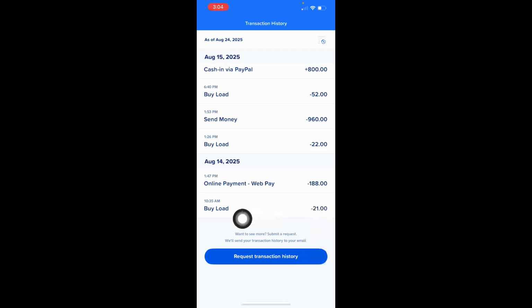So how to download that? You just want to request transaction history and they will send you a history to your email. And you want to keep a personal copy, or hide notifications and receipts from your phone if you just want privacy. If you really need past transactions removed due to errors or disputes, the only way is to contact